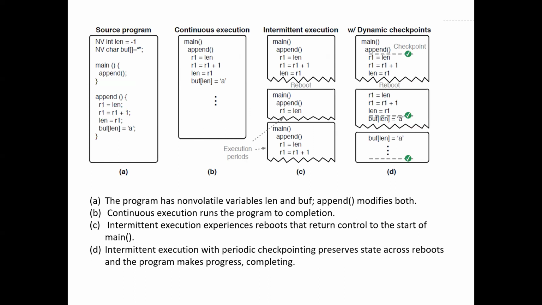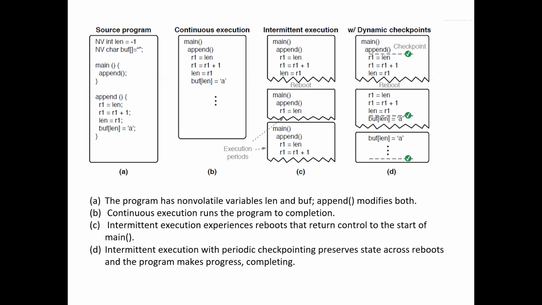But a reboot may occur before, during, or after any instruction, and this is something we need to address here. Non-volatile state retains its contents across reboots, and periods of execution are on the order of a few hundred to a few thousand machine instructions, which are in line with the intermittence